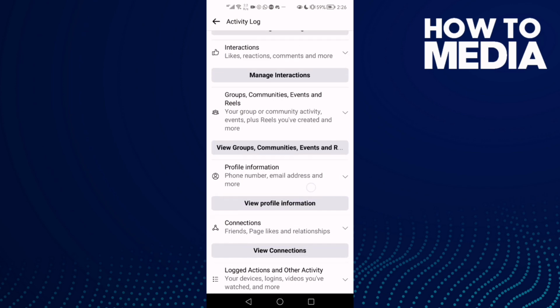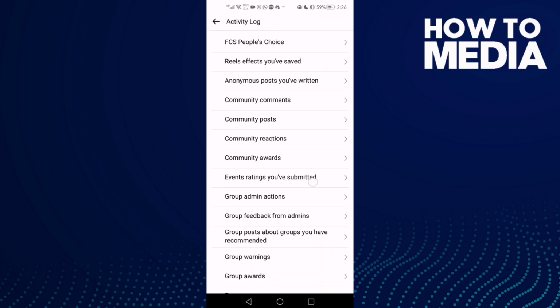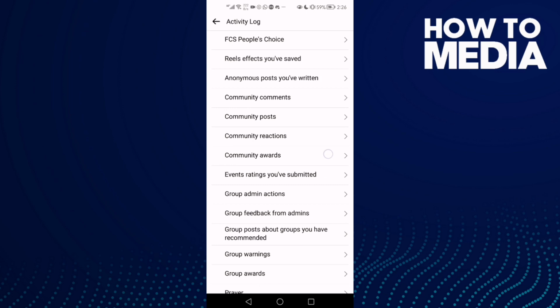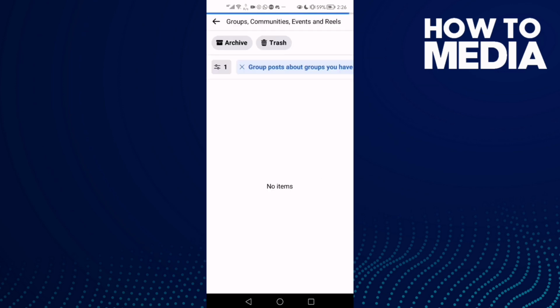and now click groups, communities, events and reels, and here you will find group posts. Click on it,